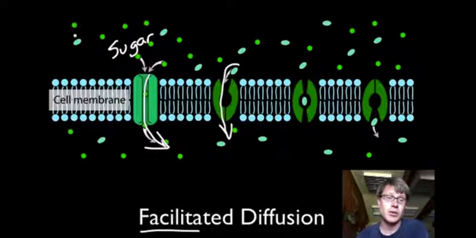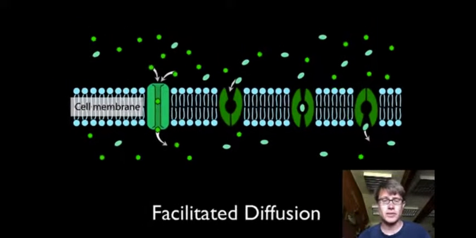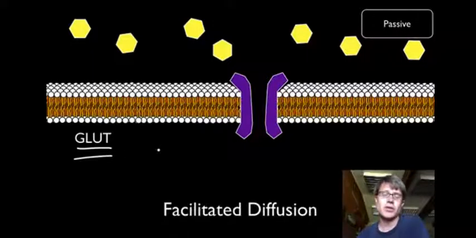In other words, if you look up here, we have a greater concentration of sugar, greater concentration of this molecule up here. It's still moving along its gradient, in other words, from a high concentration to a low concentration. But since it's requiring a protein to do that, we call that facilitated diffusion. An example of that, I made a little animation here. We can use something called the glucose transport. That's a GLUT. I love that word. So the glucose transport protein